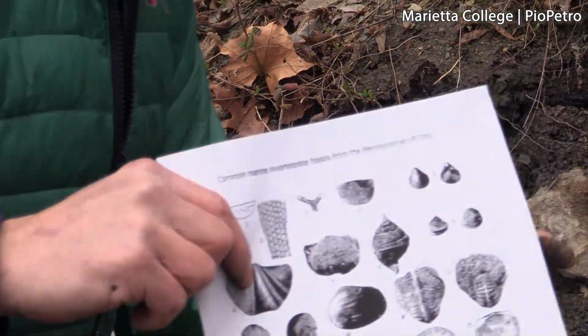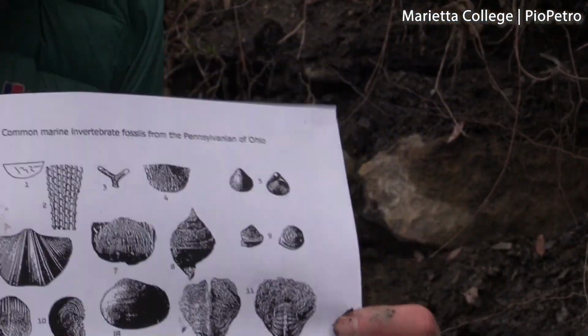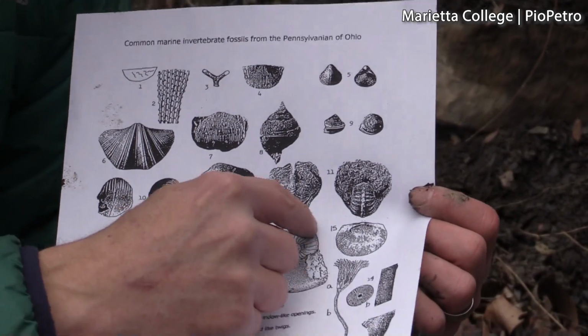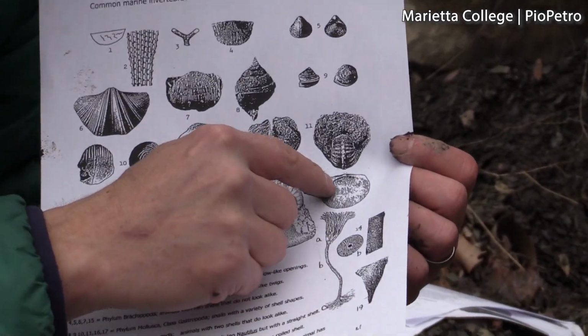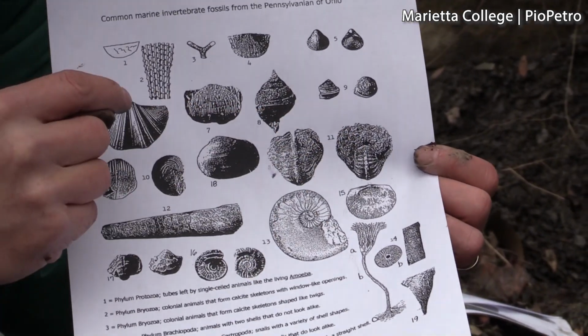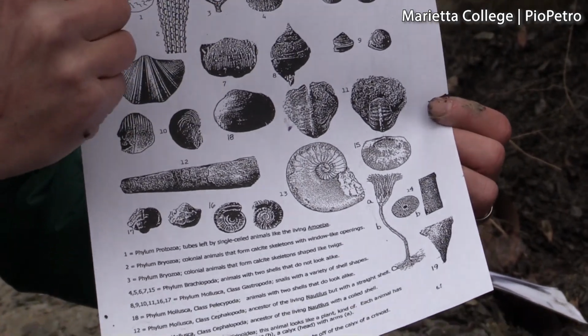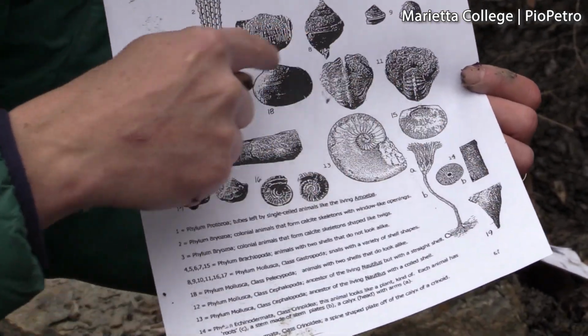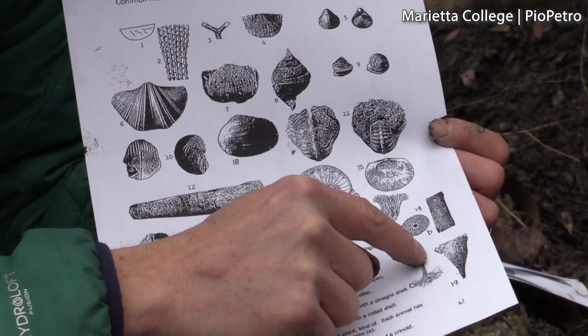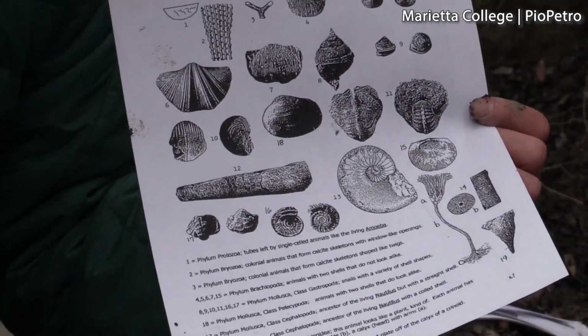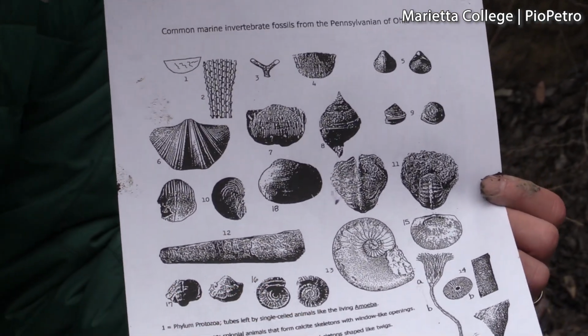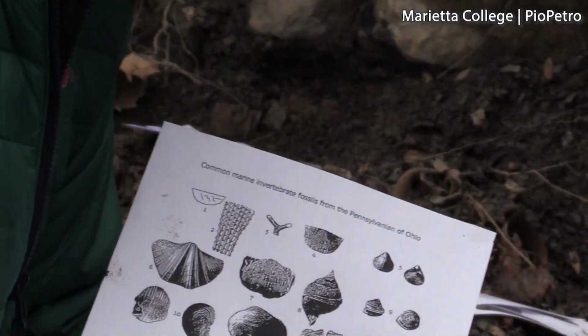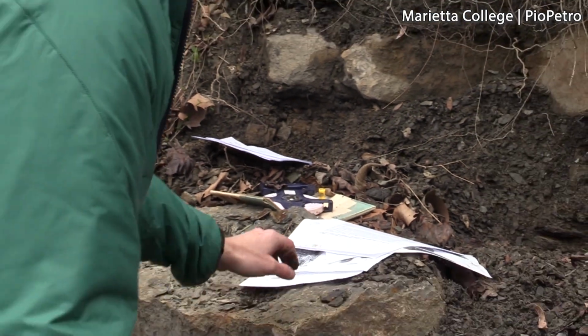There are brachiopods, there are crinoid pieces, bryozoans. We've even found snails. There are some pictures of bryozoans. Just about everything that's on this picture, including corals, crinoid columnals, and so forth, you can find within these dark shales. Now, what I want you guys to write down for this layer is